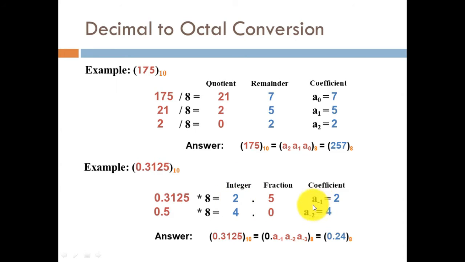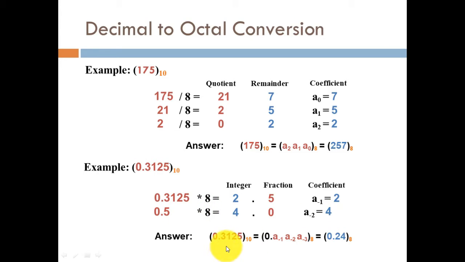The integer part turns out to be a of minus 1 is equal to 2, and again this fractional part, that is 0.5, gets multiplied with the base again, and we are left with the integer part being 4 and the fractional value being 0. So now we have to stop here, as we already mentioned that we need to follow this mechanism till the time the fractional part is equal to 0. Here again we write the coefficient terms as the integer value, that turns out to be 4.